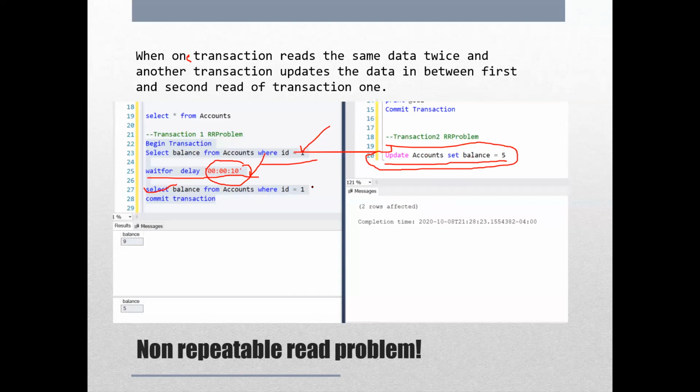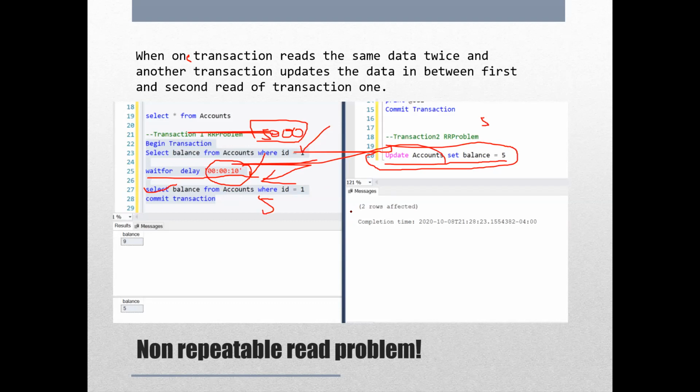So whatever was read over here, maybe it was 500 or 5,000, and I ran this transaction, and since it was an implicit transaction with no BEGIN and no timing lapse, it returned quickly and changed the balance to 5. Now the first transaction read the balance the first time as 5,000, and the second time it will read 5. Why? Because some other transaction came in between and changed the data. I hope everyone is getting that.